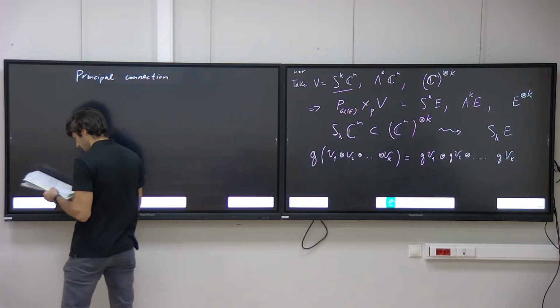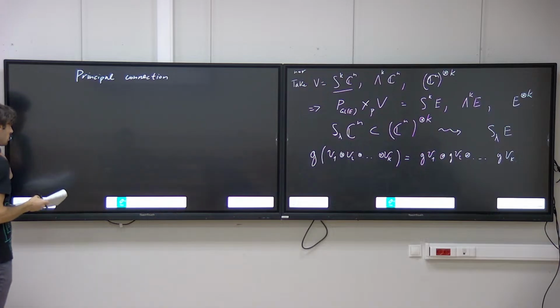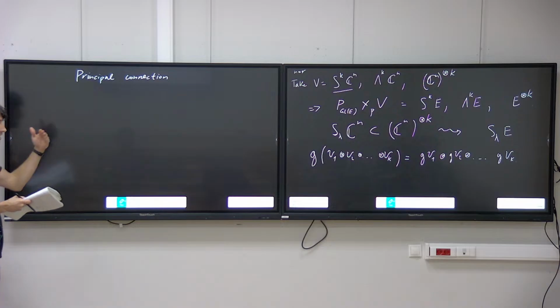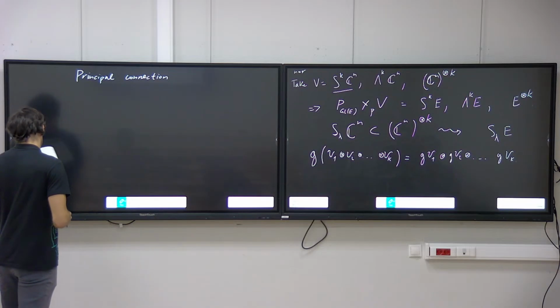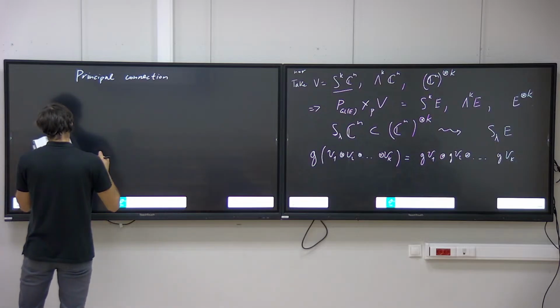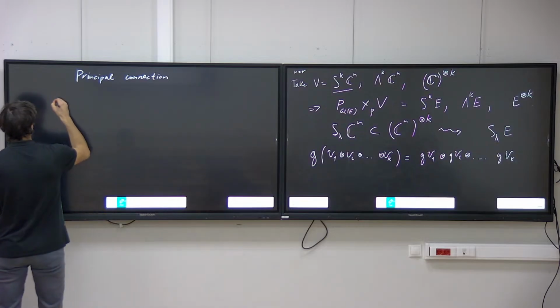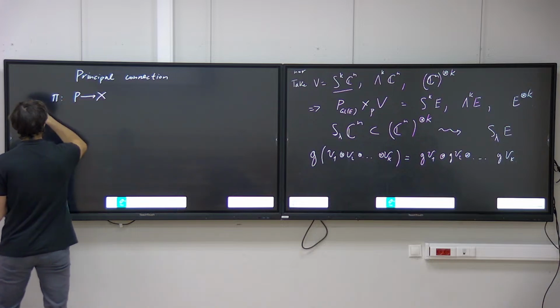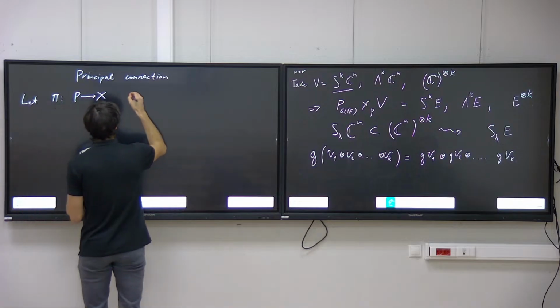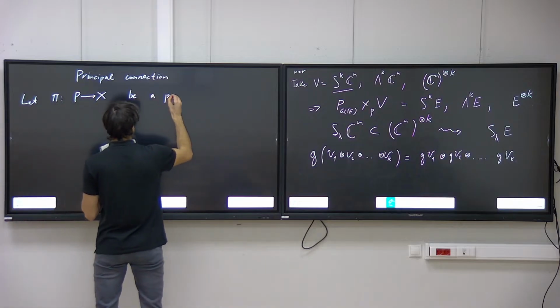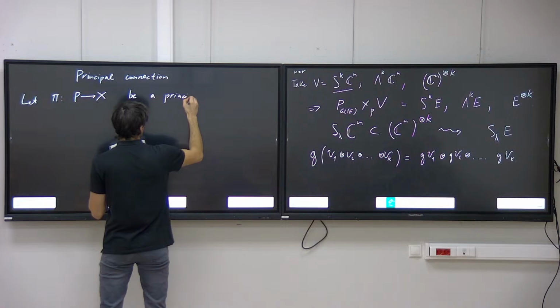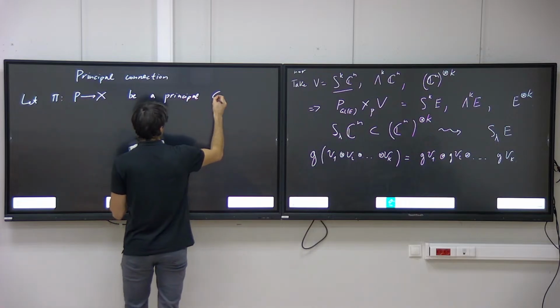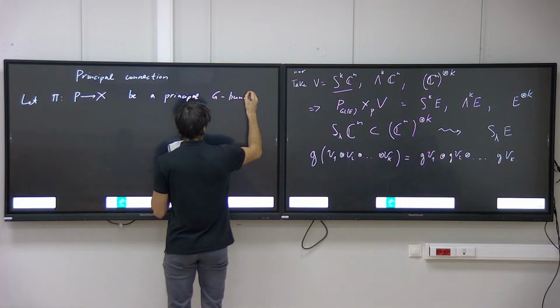So a principal connection is a particular example. Well, it's an Ehresmann connection with additional properties. Namely, again, I need to start with a principal bundle over X. So let P be a principal G bundle,